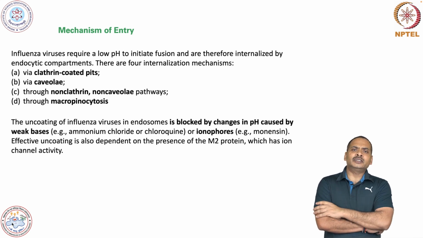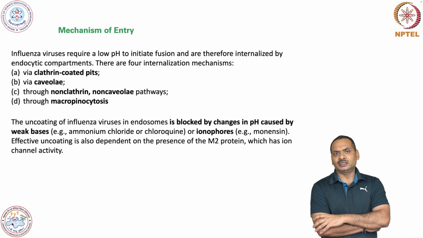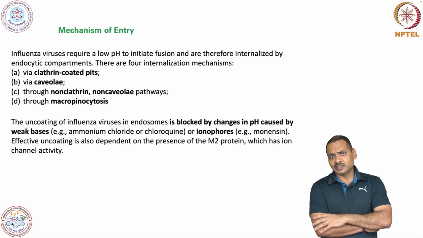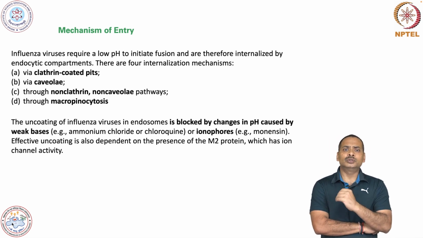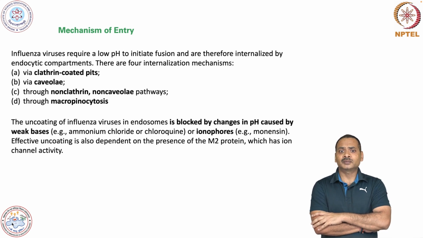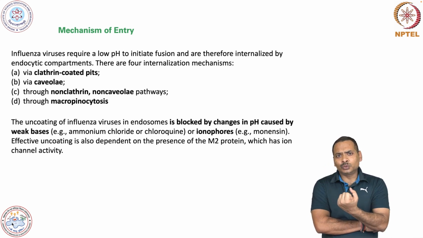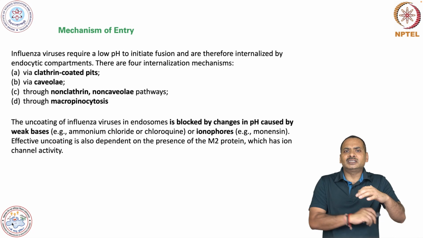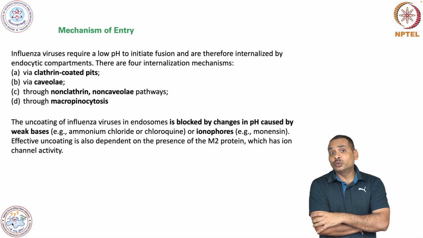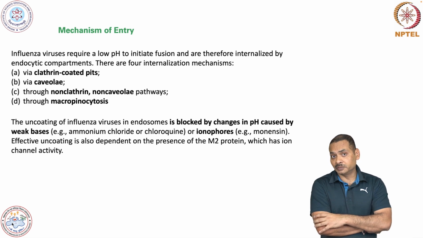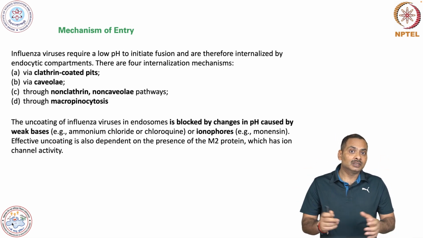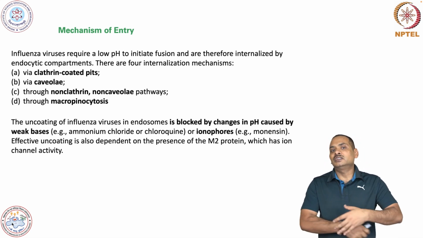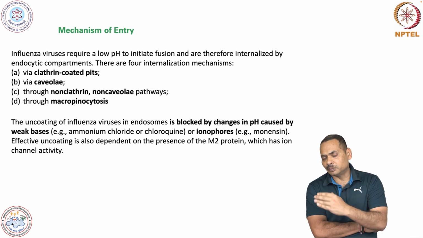If you remember the structure of influenza virus, it has one very important protein which we call M2, and I have explained that this is the ion channel. Through M2, the protons are entering inside the cell, and once they enter, that will trigger the uncoating of this virus. Uncoating means there will be a removal of the envelope. And then this RNP, ribonucleoprotein, is exposed